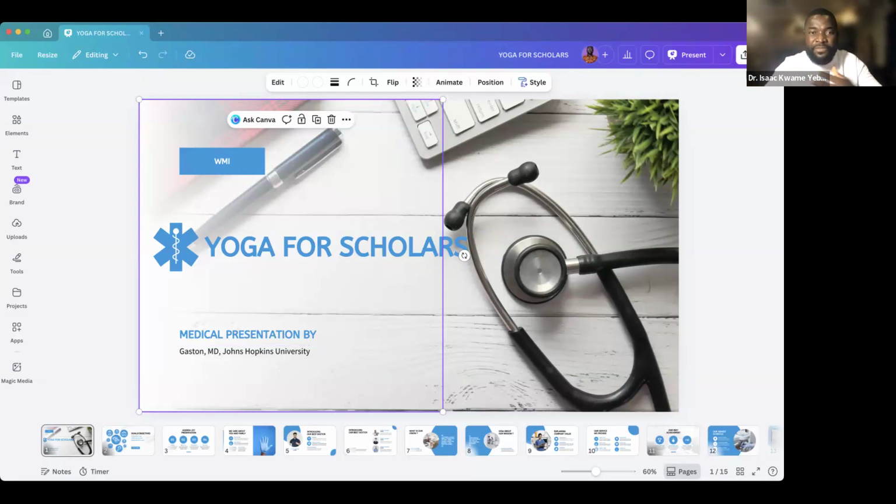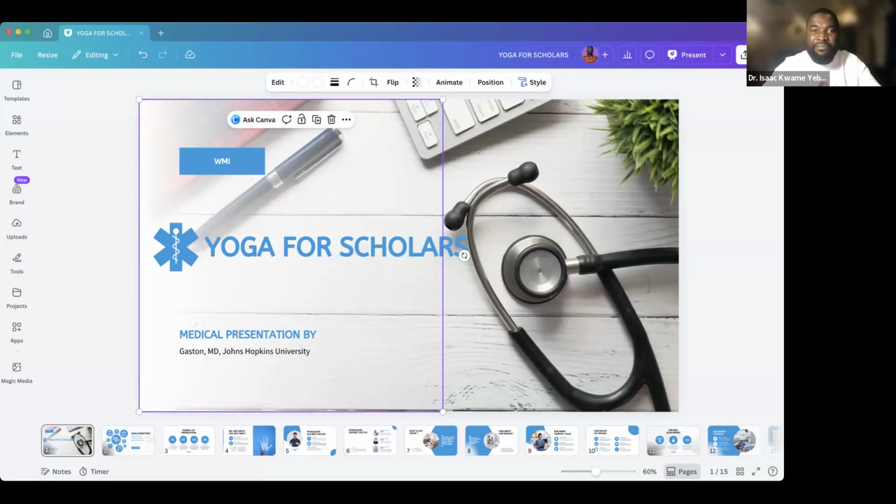So let's say I'm in Ghana. I'm supposed to make a presentation in Nigeria with Gaston. Gaston is my group member. We are all supposed to make an input in the presentation. So I can be in Ghana editing the presentation, share the link with Gaston. Gaston will also be in his country editing this same work that I'm also editing. I can share the link with Niraja, who is in Nepal. Nepal is like several hours away from Ghana. I can send the link to Niraja in Nepal for her to also be able to edit this same work